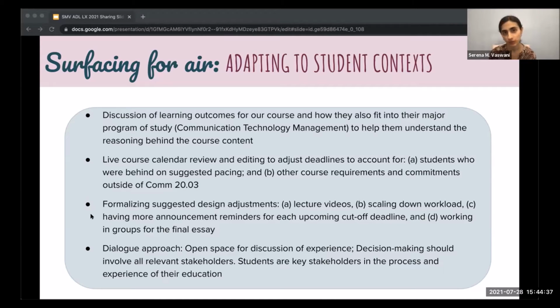And the final point, which is something I didn't even think of, but when they brought it up, it was a good discussion that we had, was around working in trios and pairs for their final essay. Ultimately, we did proceed with this option after gaining consent from all sections.